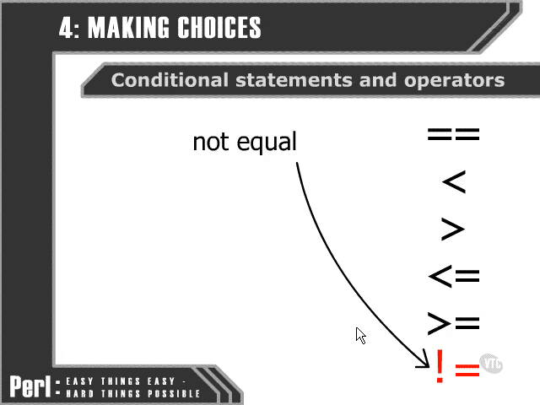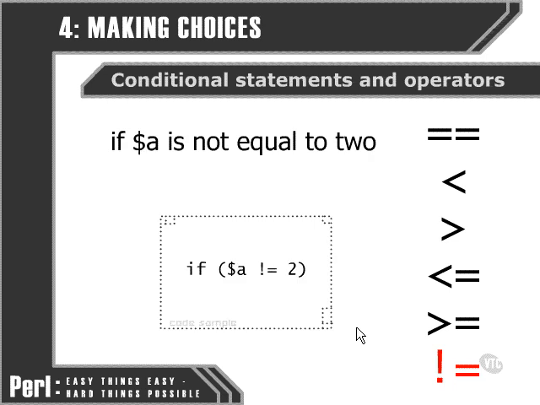And here finally is the not equals operator. This simply checks that the two values either side of it are not equal. So if a is not equal to 2, so if a is 13, or if a is a string and it's not equal to 2 at all,